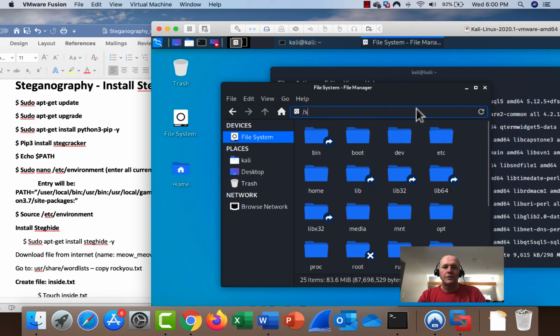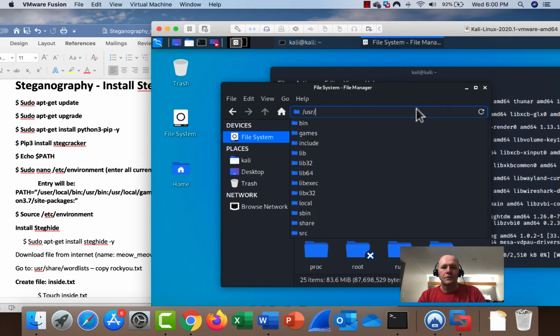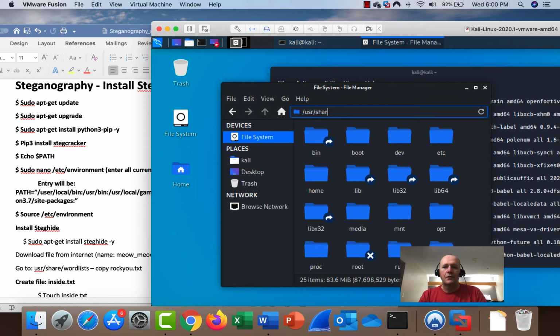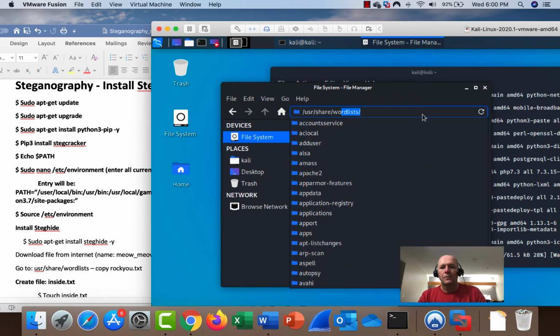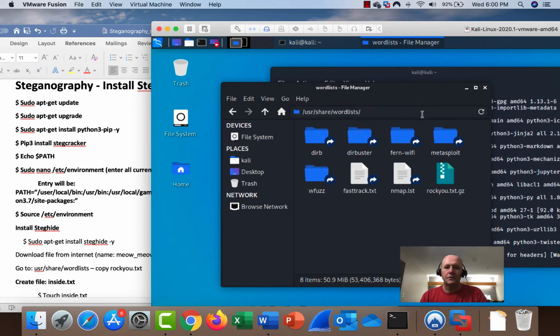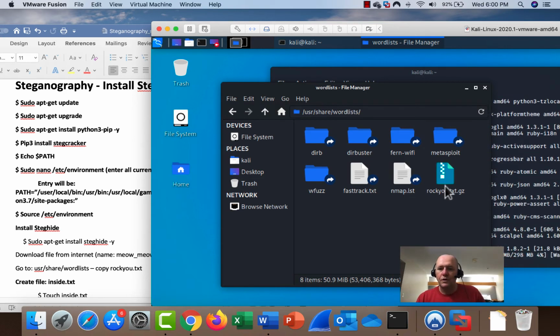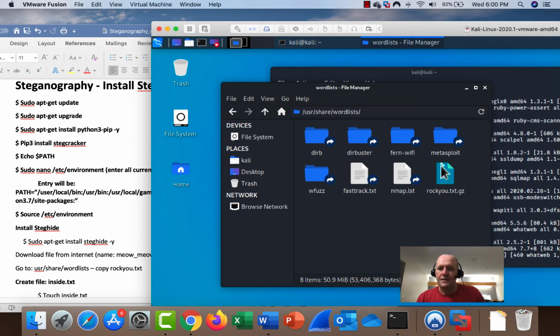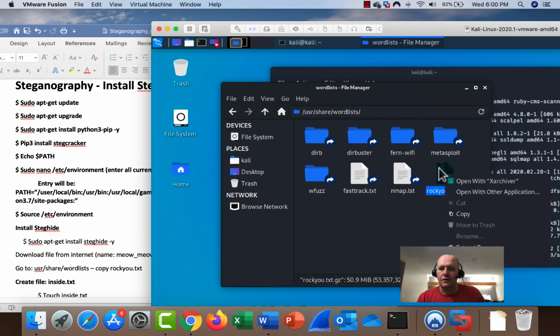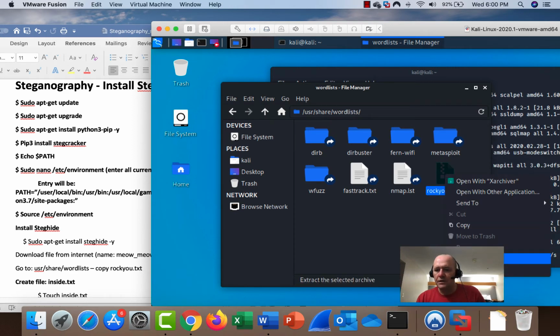You could go right here, user, share. That's the easiest way to do it. RockYou.txt is actually zipped up right there. If I right click it, extract to,